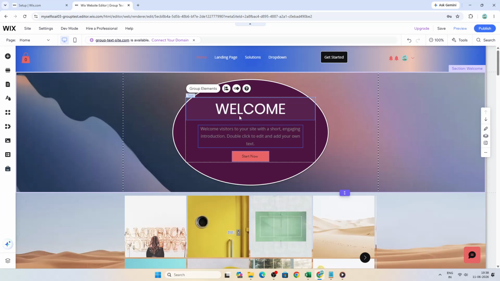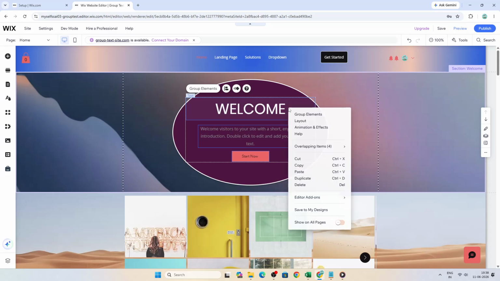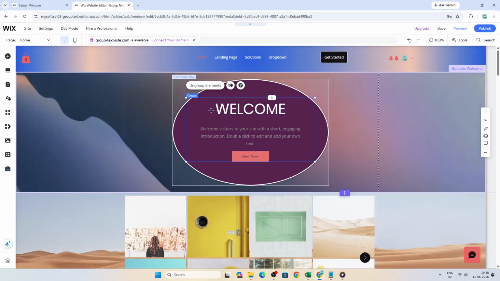After all the items are selected, create the group. You can do this by clicking the Group Elements button in the floating action bar. If you prefer, you can also right-click and choose Group or use the keyboard shortcut Ctrl and G. Any of these methods will combine the selected elements into a single grouped object, which makes organizing your page much